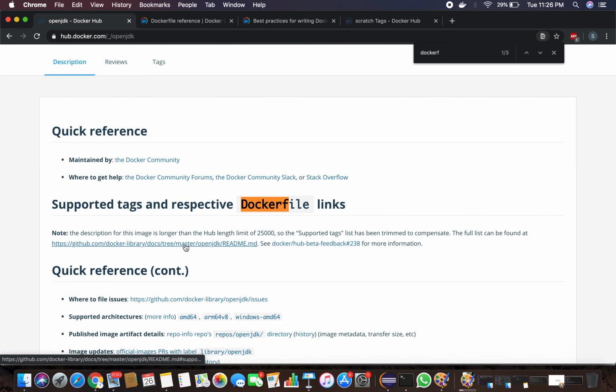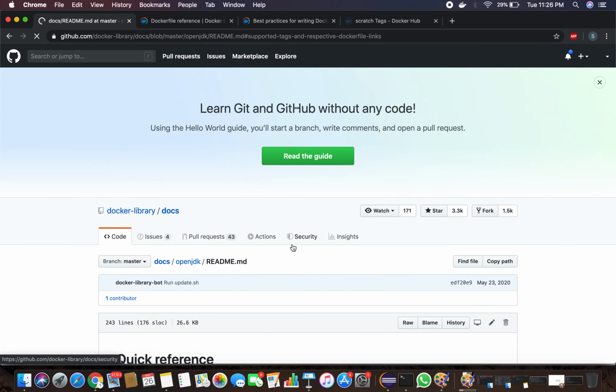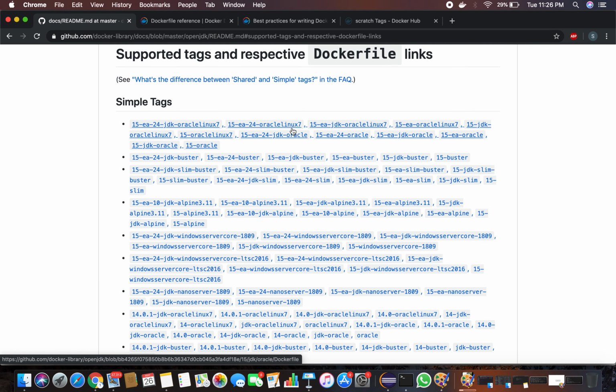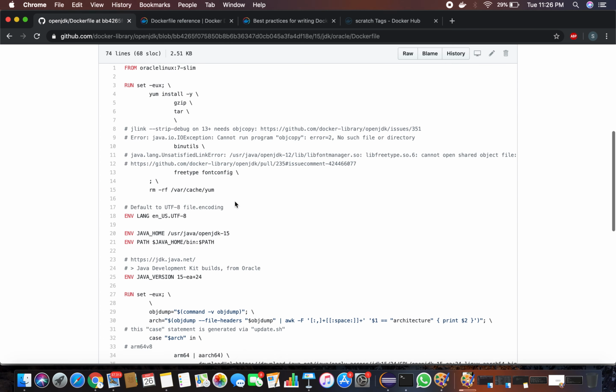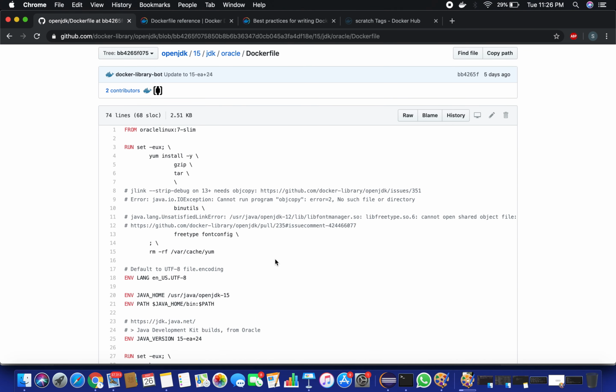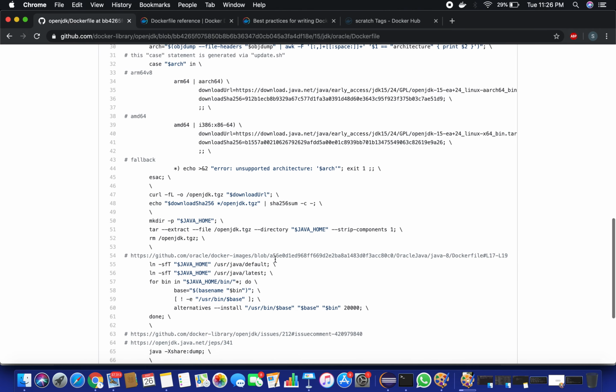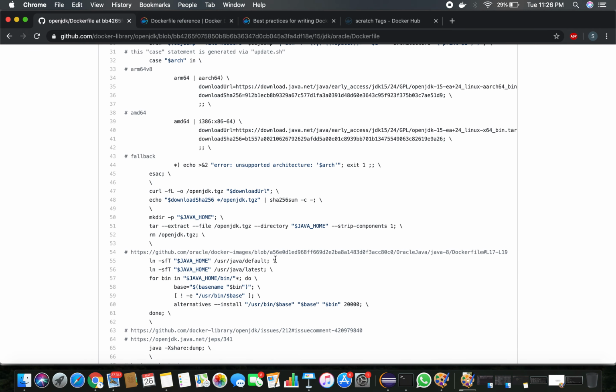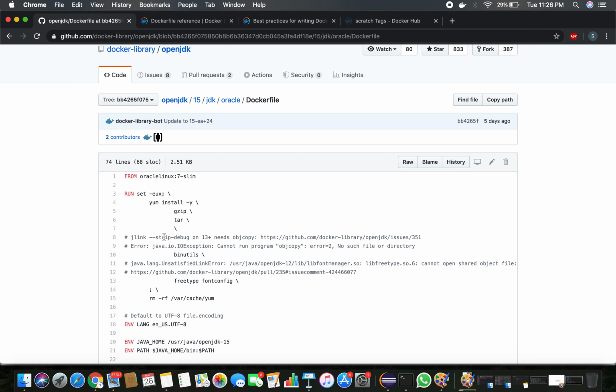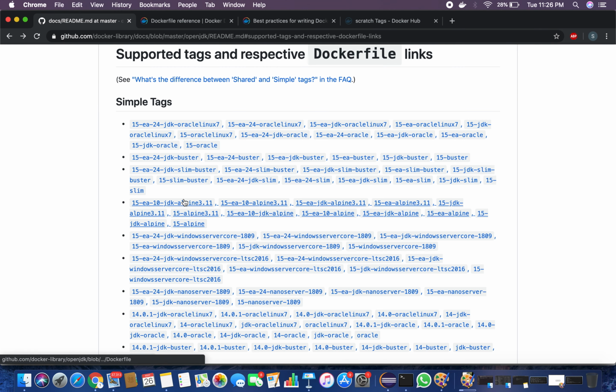Yep, you can go here and you can find some Dockerfiles. See, these are all the Dockerfiles. You can find the one appropriate to your particular platform, and you can pick the file and copy paste these commands, and you are all good. The same way you can create JDK Alpine 311.